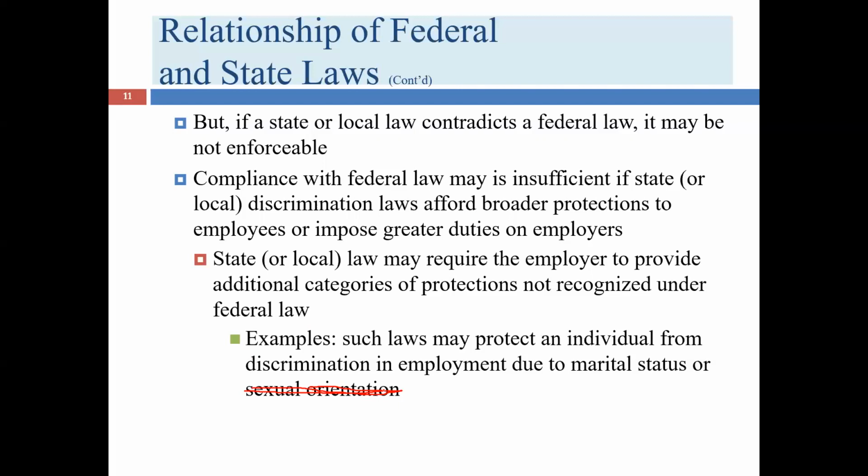But because of recent U.S. Supreme Court cases, we now know that sexual orientation is a protected category under Title VII. And so that should not have been. So if you would, in your notes, be sure to cross this term out, because sexual orientation is a protected category in all 50 states now. But marital status isn't, and there are some states that do provide marital status protection for individuals in those states. And that's an example, again, of how the federal government, or the Congress, says states can provide more protection, just not less protection.